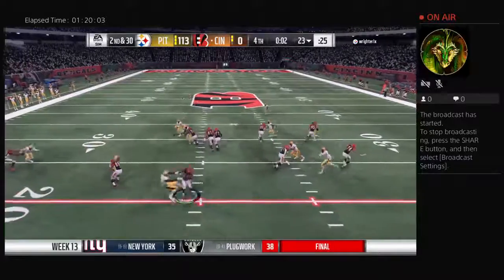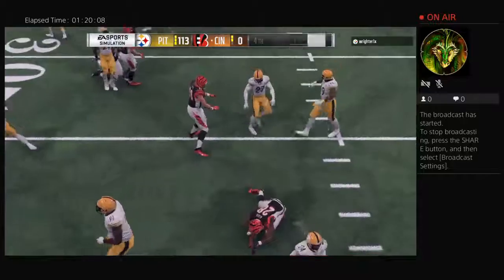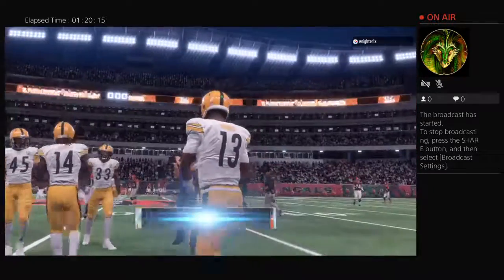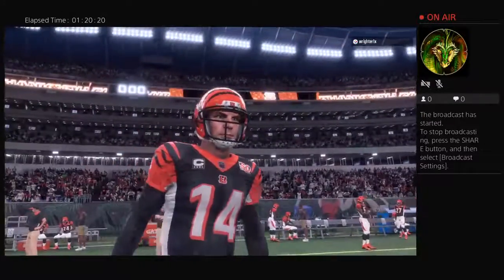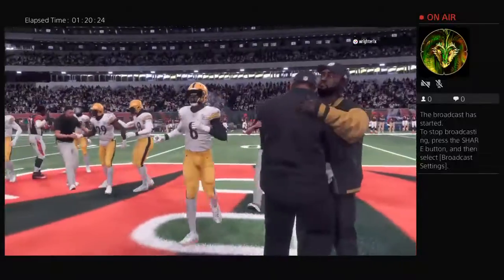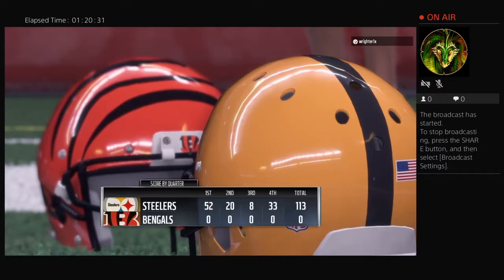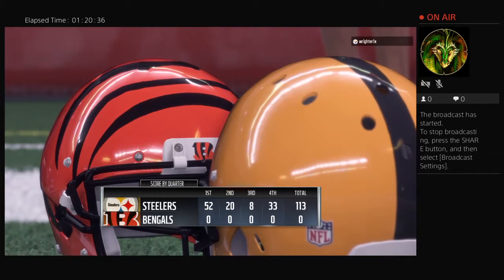Watch the screen. Now they run with Mixon. And he is going to be stopped here for no gain, and that is going to be the final play of this football game. So Charles, they are able to complete what so often seems to be elusive, a shutout in the NFL. And maybe what's fitting is they ended the game on the field, that defensive unit on the field. What an exclamation mark. And probably felt like they could go another 60 minutes without anyone putting points on the board against them. That's the confidence you gain throughout when you're pitching a shutout. And they're going to leave